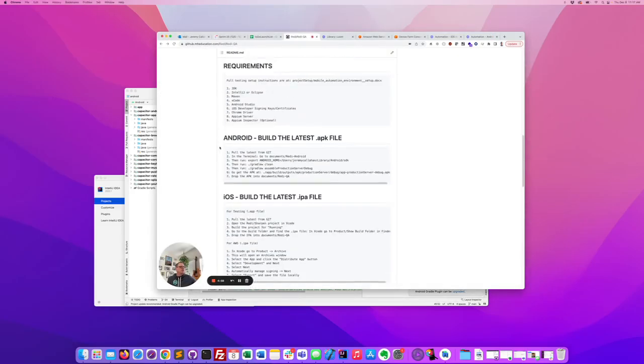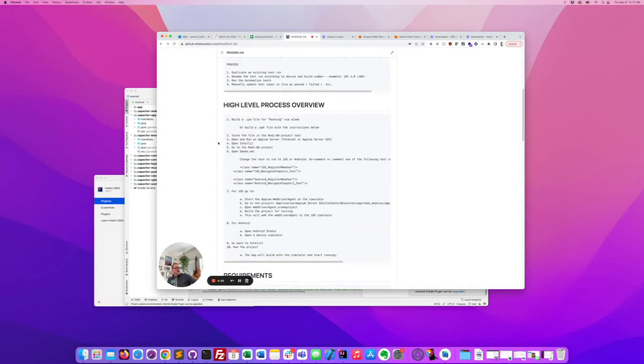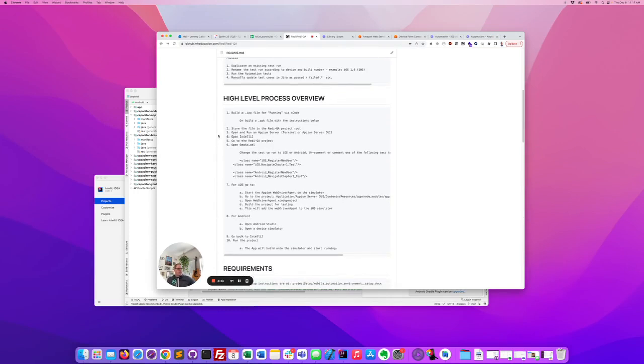Okay, here we go. This is the Android setup for Appium. This is to run it locally, and this is all in the Ready QA Git repository. So the way this is going to essentially work is